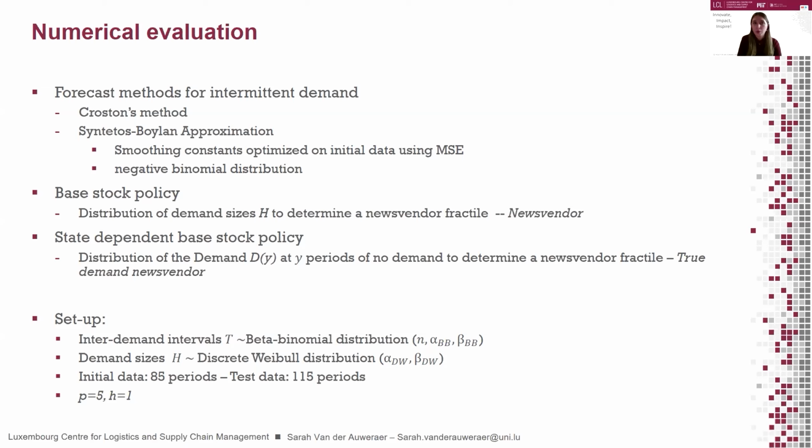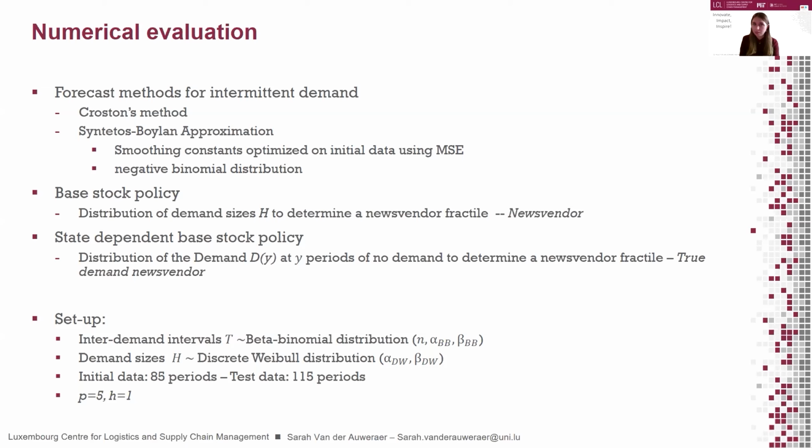So both of those require smoothing constants, which we optimize using the mean squared error. And both of them produce a point forecast. So we translate this point forecast to an inventory decision using a negative binomial distribution, which is quite commonly done in literature. Then next to forecast approaches, we are also comparing our method with inventory approaches, as we are going for this integrated idea. So we compare our performance also with a base stock policy,